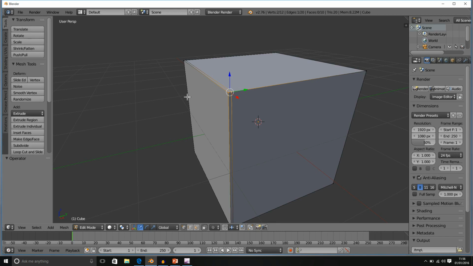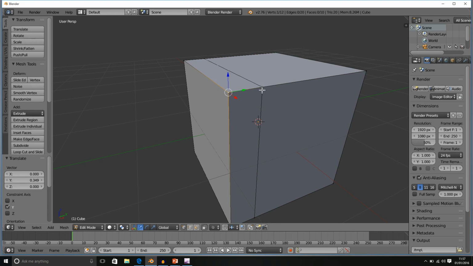If we were to merge at last, Alt M, at last, we can see that the very corner vertex has been dragged back to the second coordinate. To make this a little bit more visible now, I'm going to select the inside edge loop, and I'm going to bring it back so it's a little bit more visible, the space.